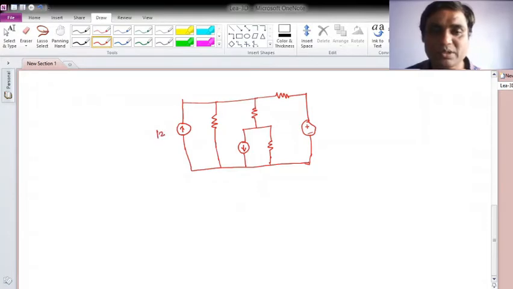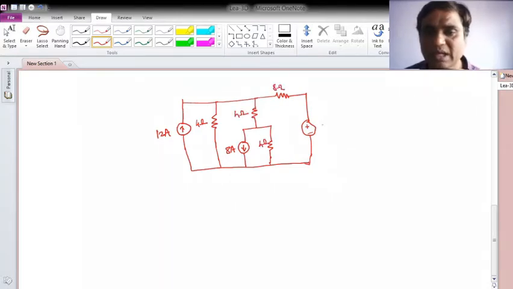Okay, and now let me put in some numbers. Say this current source is of value 12 ampere, this is say 4 ohms, this is say 8 ampere, this is 4 ohms, this is 8 ohm, and this voltage source is 64 volt. Okay, so my problem is to find out this current. Now remember, when I am saying the design problem, what does it mean? The design problem here is that suppose I want to achieve this I equal to 3 ampere.